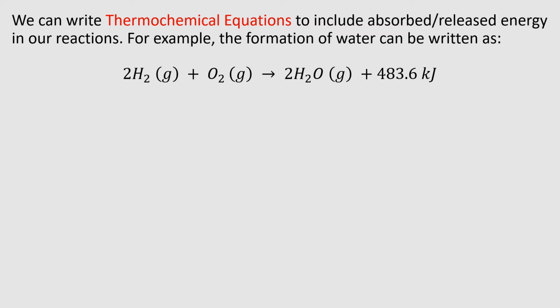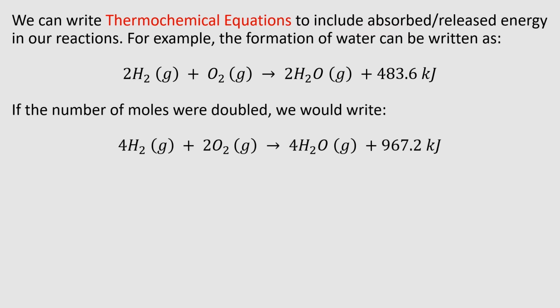So, for example, the formation of water from hydrogen and oxygen gas can be written as this as a chemical equation. But we have to remember to include our energy now in kilojoules as our units. When we do so, if we were to double the amount of our moles, let's say we wanted to manipulate this equation to have double the amount of water, we would double our moles as usual to make 4 hydrogen, 2 oxygen, and 4 water, but we also need to double the amount of energy associated with it, because this is a specific amount of energy required to make this transformation, or actually released in this case, released in this transformation,